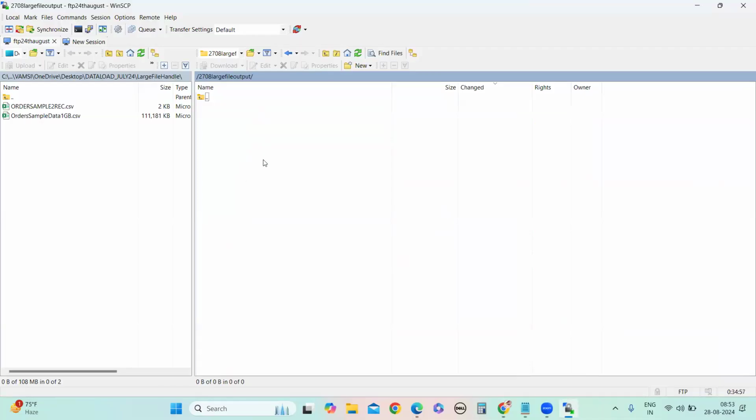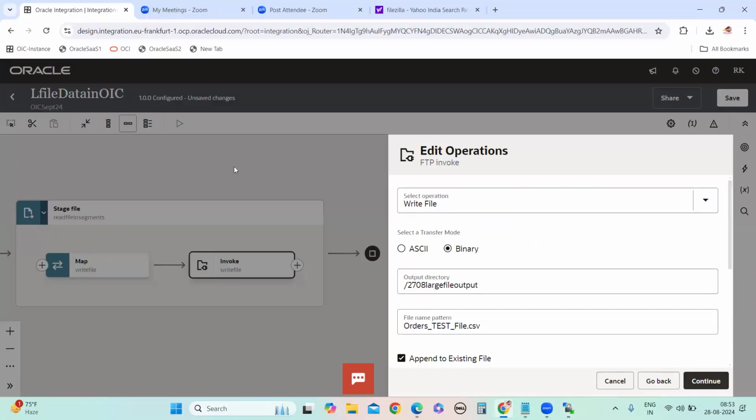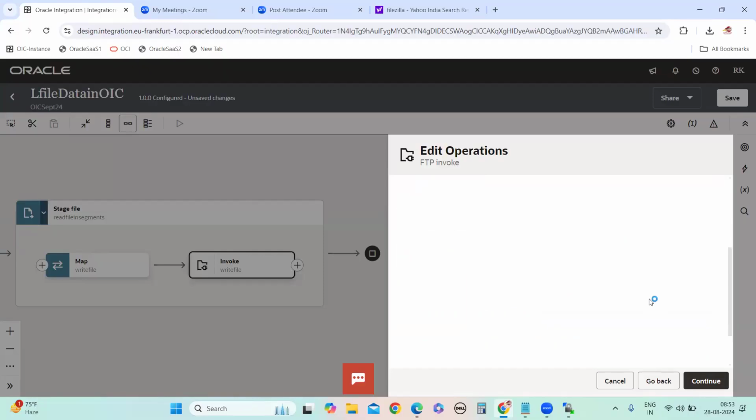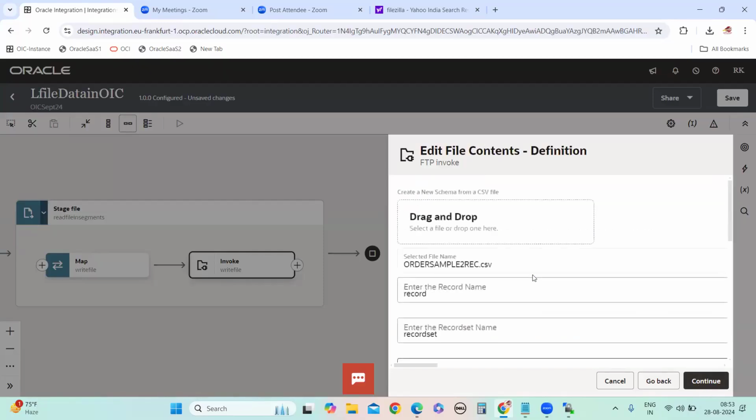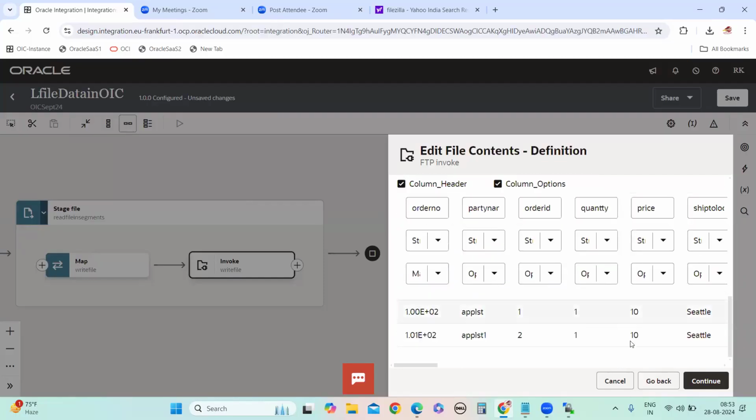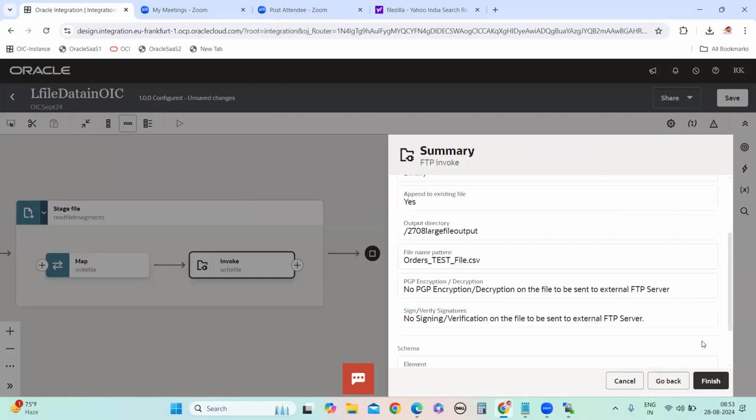But the same file only will come here. File will be created with that name. You can give any name here. But for the download file, you have to give the correct name. But for writing the file, you can give any name. So I'm giving a meaningful name here. Continue. I think remaining steps are the same. Continue.